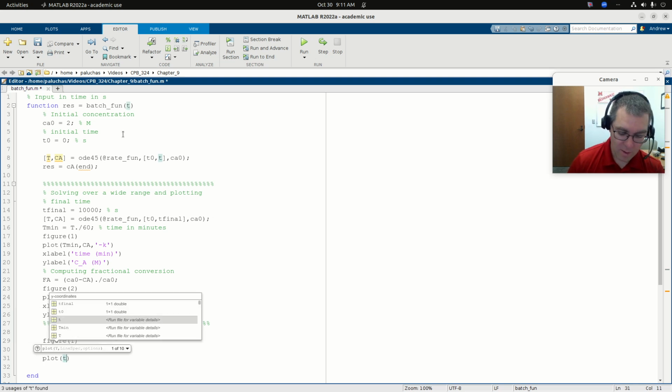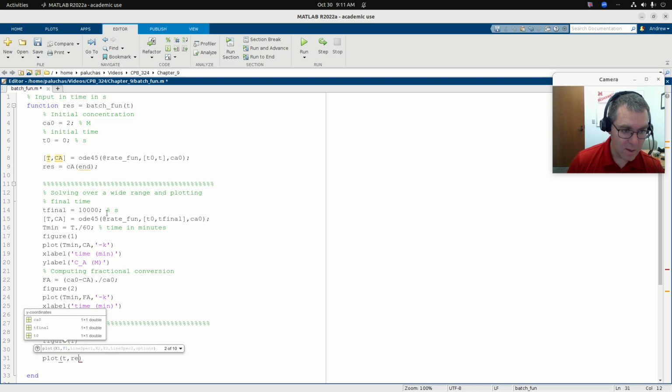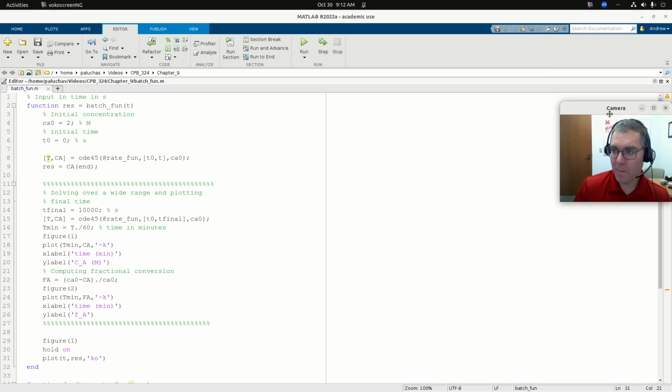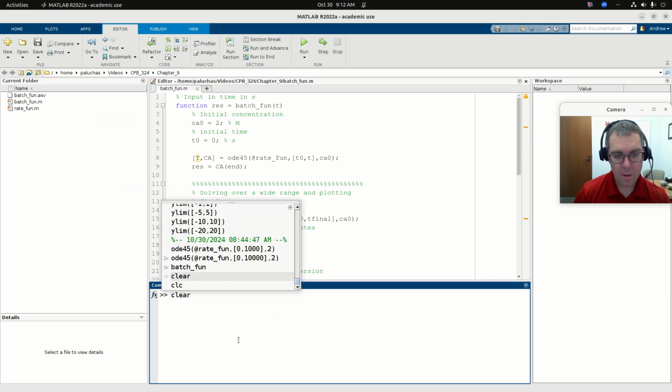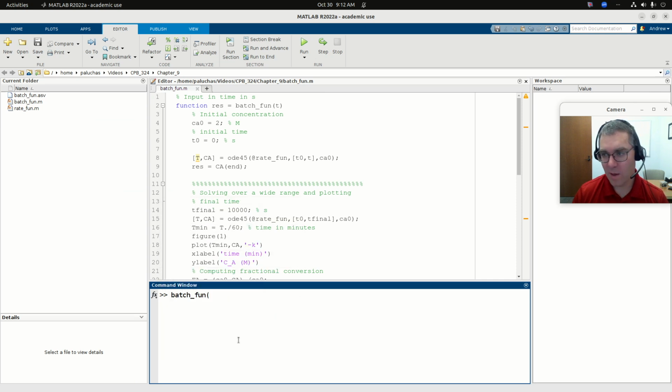So I'm going to have point t, and then I call it res here. It's CA, and actually that's big CA end. I'm going to plot that as a black circle. So now what my code would look like is that I can just click the run button. But if I call it, let's say I want to know the concentration at a time of 500